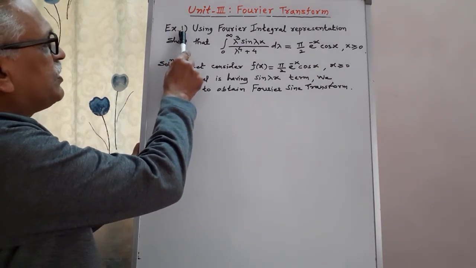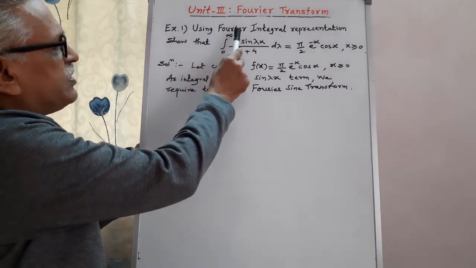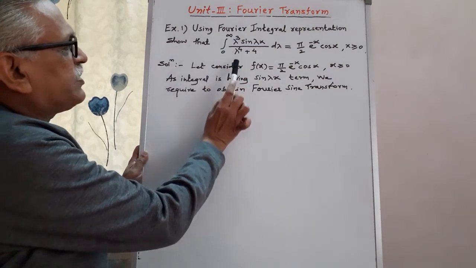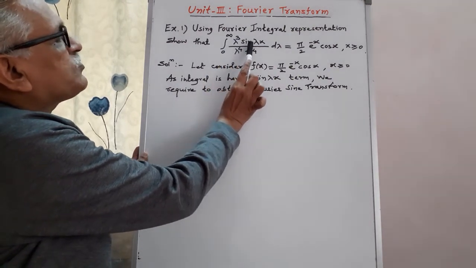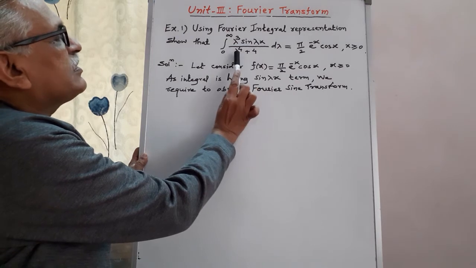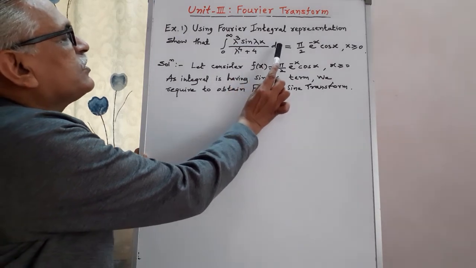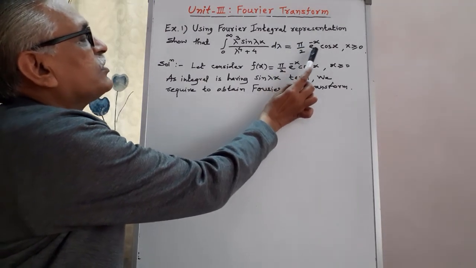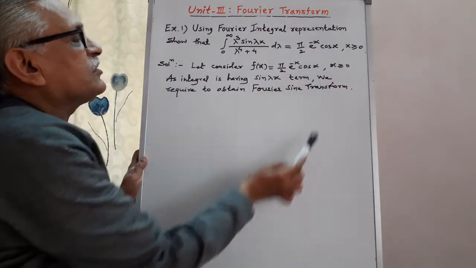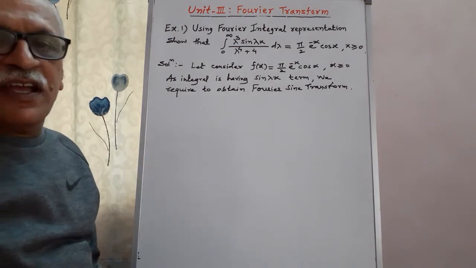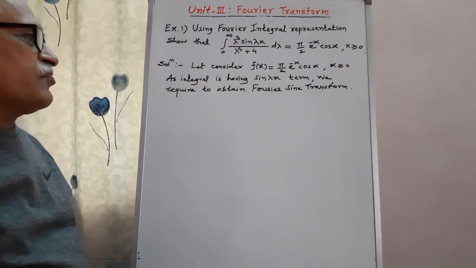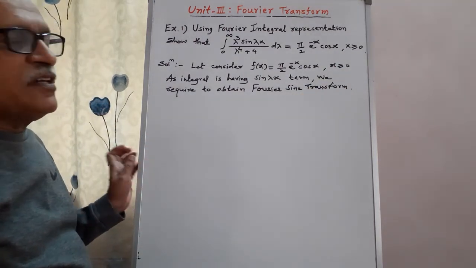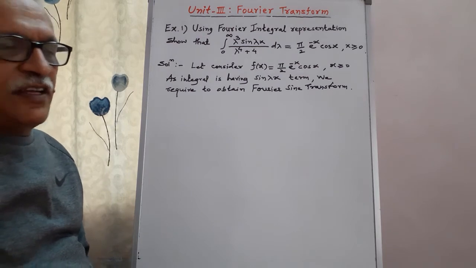Example first: using Fourier integral representation, show that the integration from 0 to infinity of lambda cubed sine lambda x divided by lambda raised to 4 plus 4, d lambda, is equal to pi by 2 into e raised to minus x into cos x, for the condition x greater than or equal to 0. And as the condition is x greater than or equal to 0, meaning x lies between 0 to infinity, we